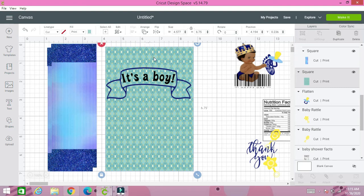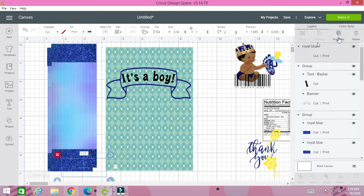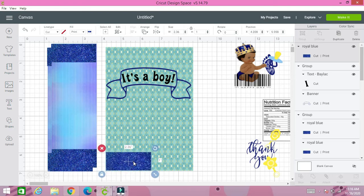So this particular front doesn't have a border like this. So to do that, we're going to go to this borders blue right here, and we're going to duplicate that so we can have our banner to put here. But it's too small. So we're going to keep that banner clicked, press unlock, and we're going to change the size from 2.36 to 4.577, and we're going to press lock. Now we're going to duplicate that